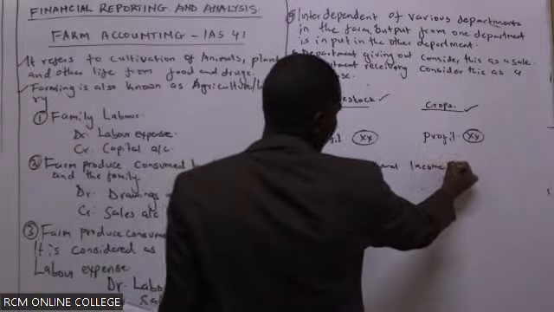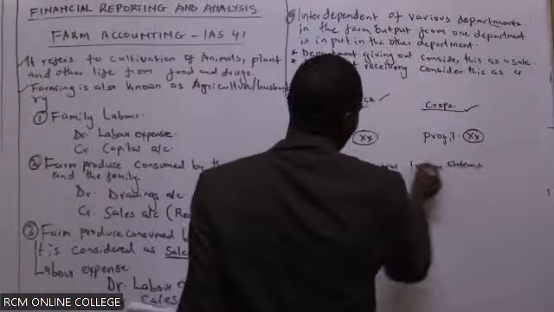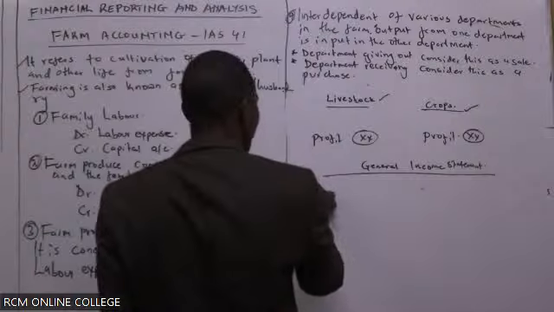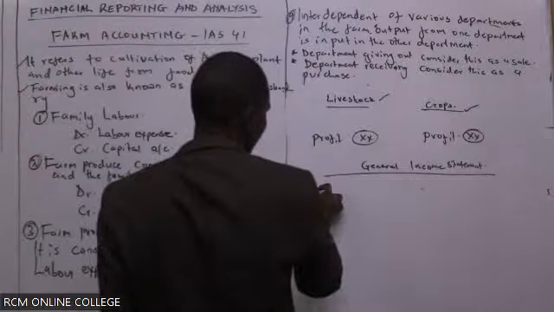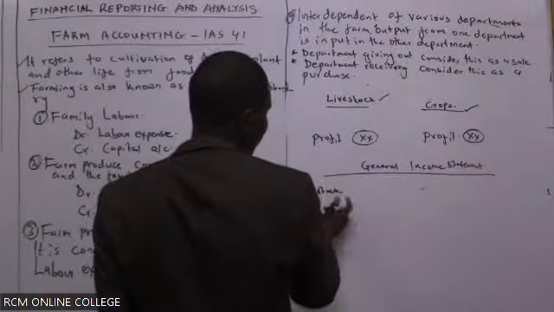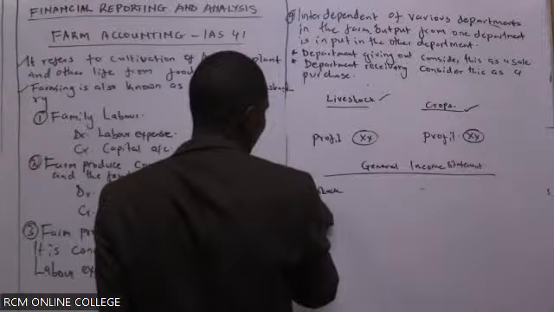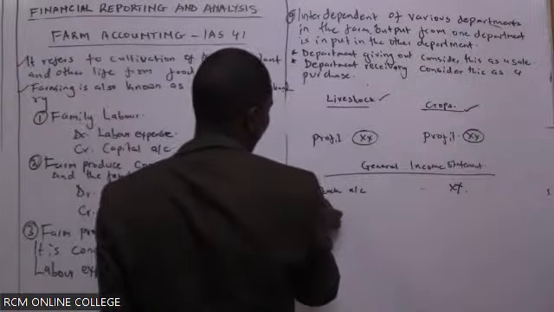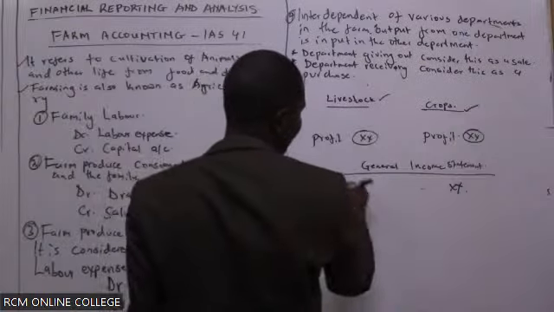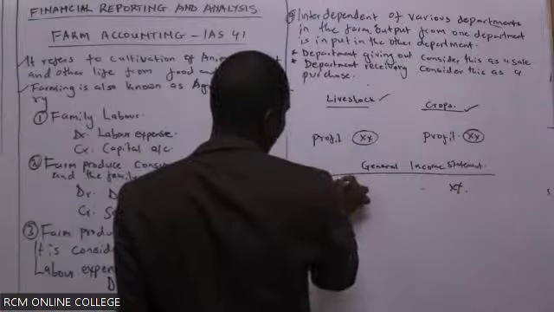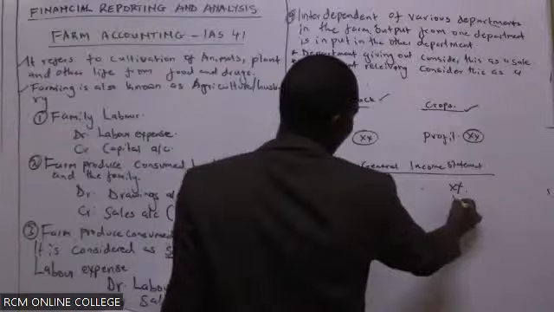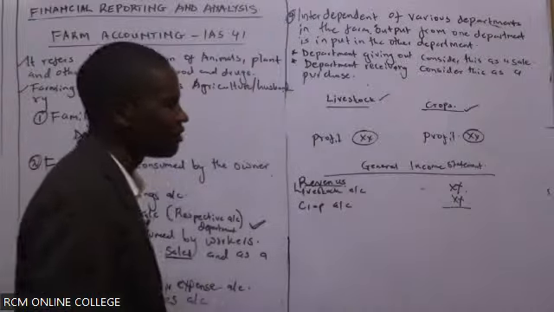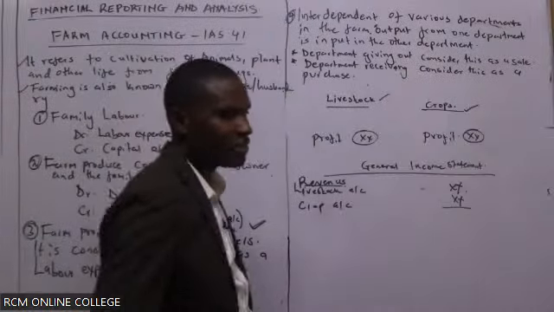Now, there's something I want you to note from the word go. Under the general income statement, I come here and say from livestock account. Remember, these are our sales, our sales from livestock account. From crop account, we have revenues, these are revenues or sales. Revenue from livestock account, from crop account, we put there. We add any other income, any other general income if there is. If there isn't, we move on, we rest the expenses.